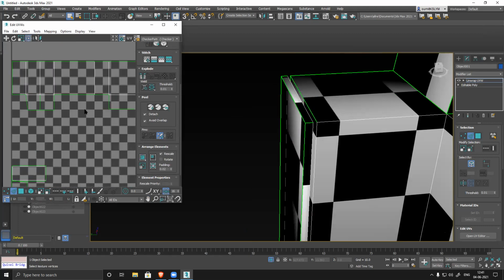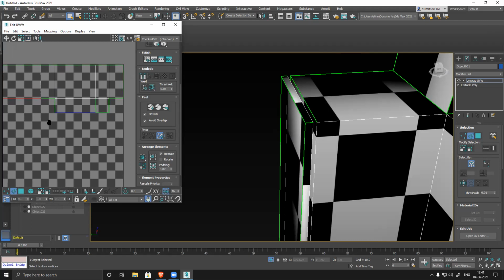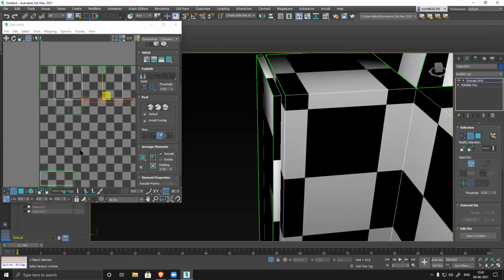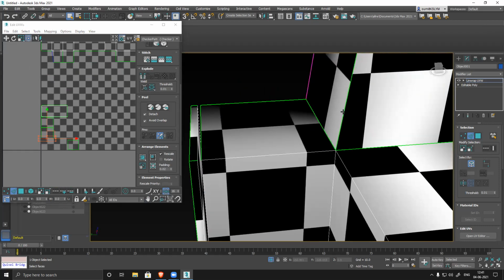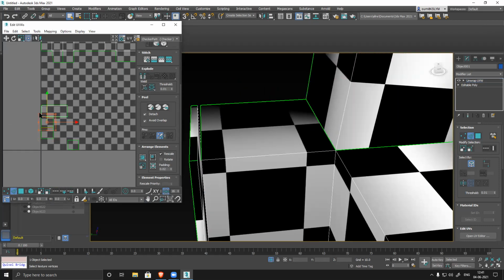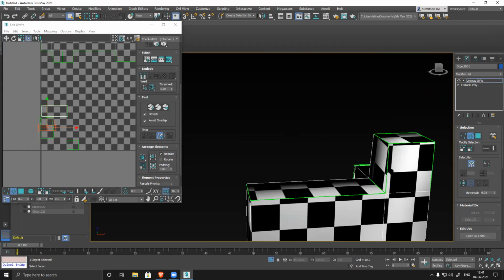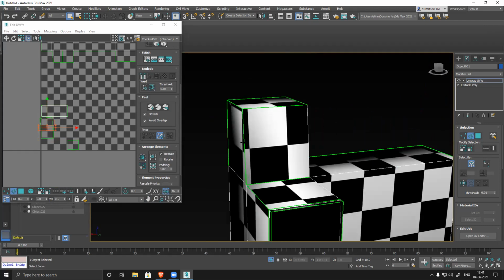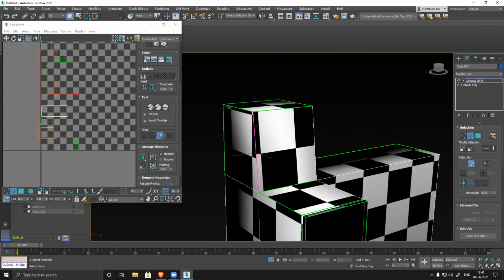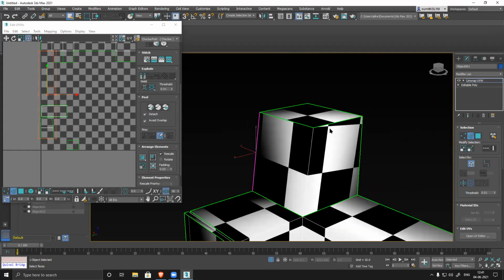So this is not required. This is also not required. This is also not required. Now I can stitch them together. This is part of this one, so I can keep it separate. This is part of this one, I can keep it separate.